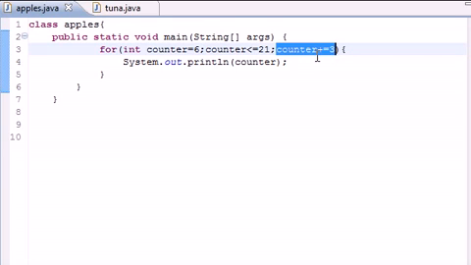But for now, play around with a for loop until you get good at it. And once you do, you're ready to move on to the